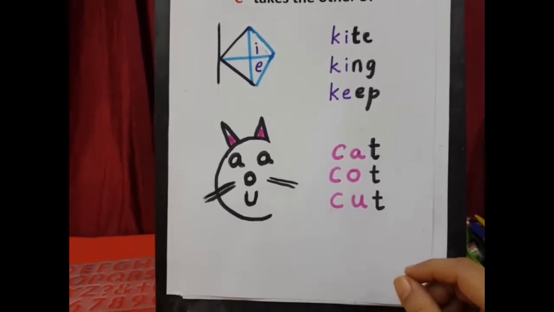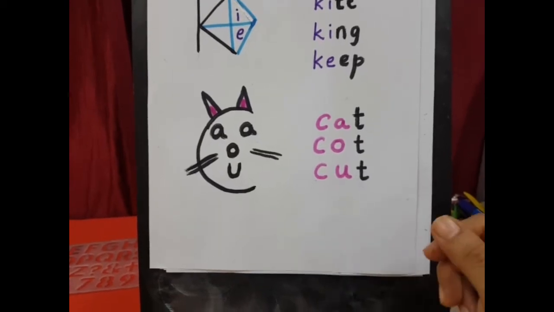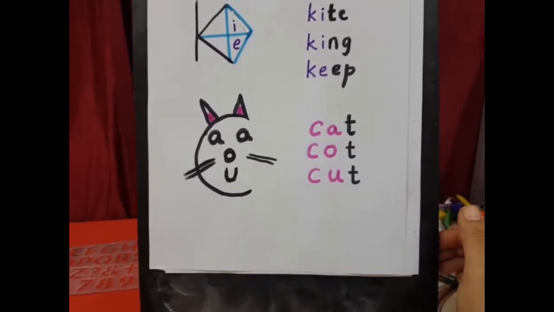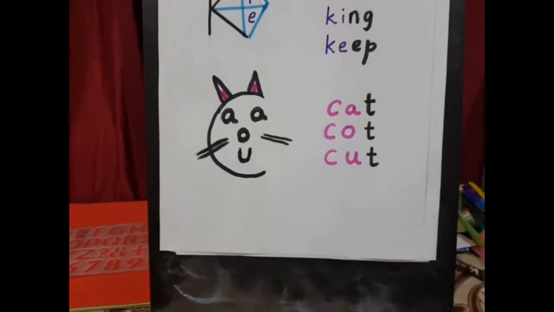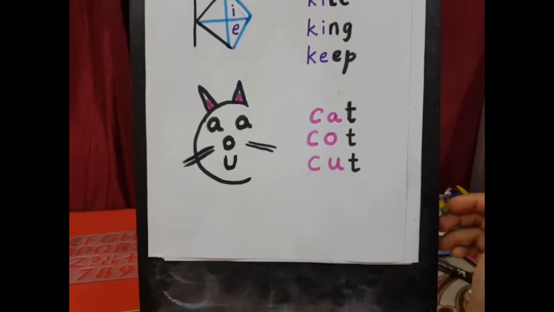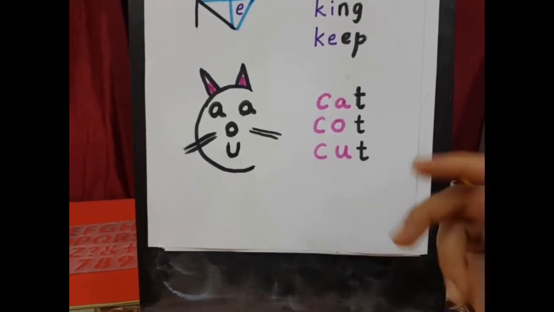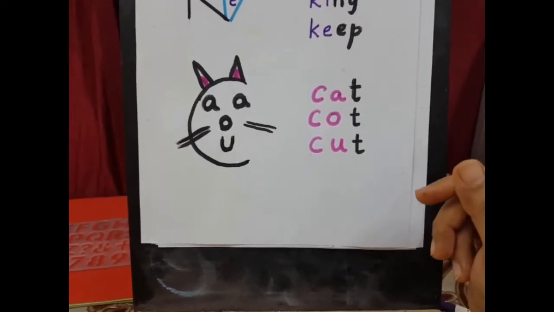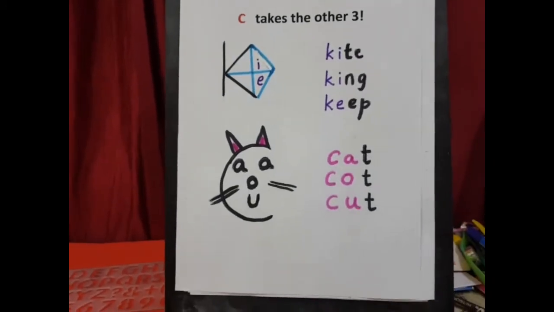Before I move on to some other topic, I thought this time I must come up with a lesson where I can remove the doubts of many kids, as they find it confusing how the letters C and G make two sounds in some words. In this lesson I'll teach when and how they make two sounds, and I hope it will be interesting for you, so watch it till the end. And let's start.